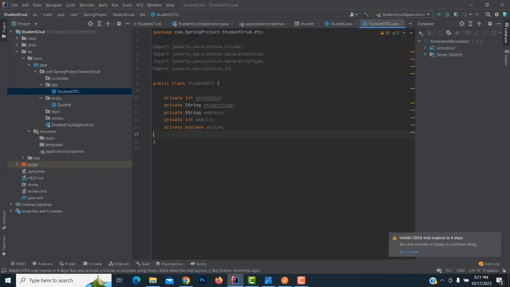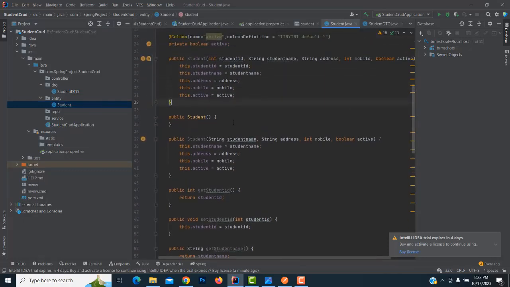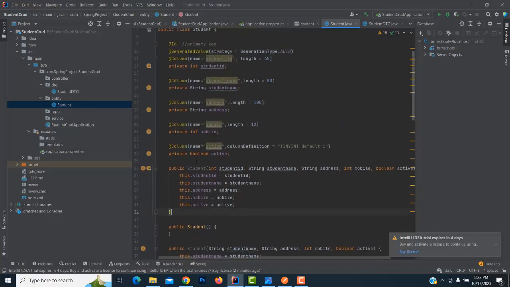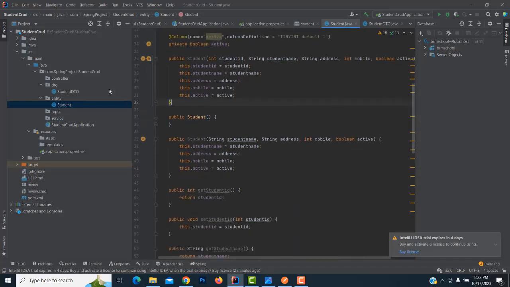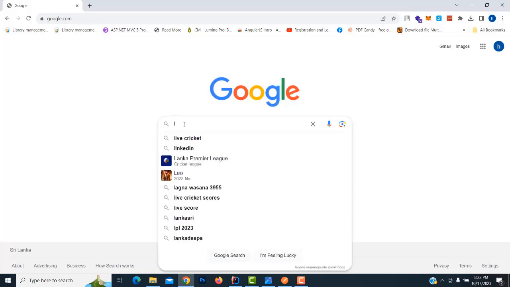Now we have created the DTO class successfully. After that, we have to generate the constructor, as well as the get and set methods and toString. Instead of doing it like this, we have a dependency that manages everything easily in a Spring Boot application. Instead of writing it in this way, I'm going to tell you that way as well, so it's easy to understand. That dependency is called